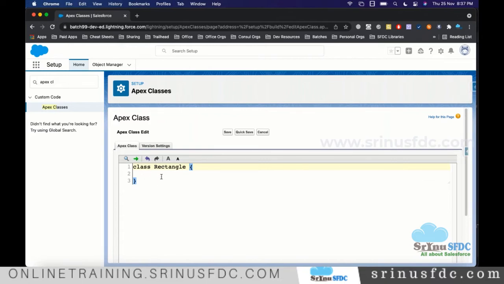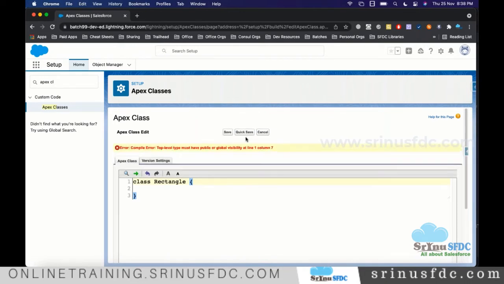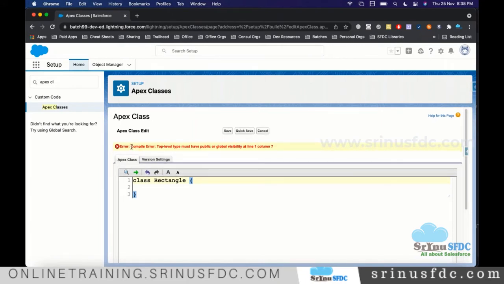If the syntax is correct, then only it will allow saving. Otherwise, it gives an error. The errors we see at the time of saving the program are called compilation errors. That means there is a syntax problem. If the syntax is not correct, the system will display the error. Okay, so I'm just clicking on quick save. We are seeing the error, right?